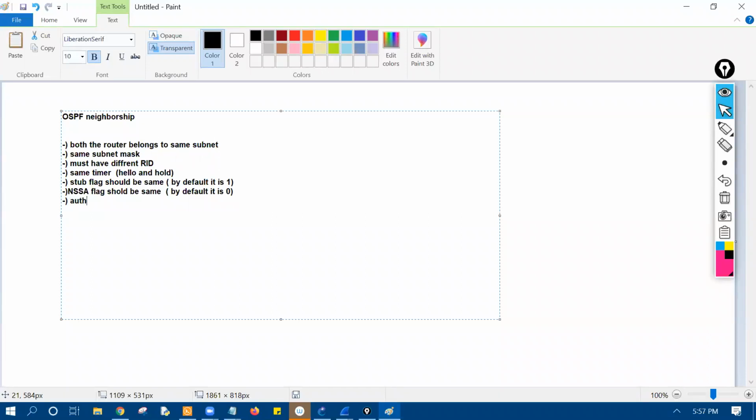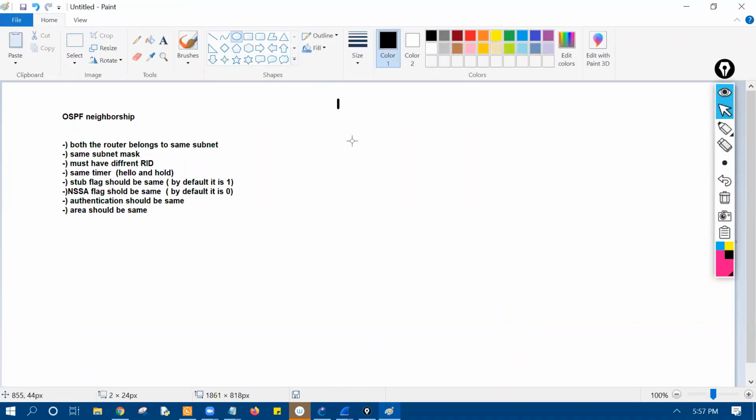Then after that, authentication should be the same. Anything else? Same subnet mask, same router ID, same area. These are the neighborship criteria. It means that when R1 is going to form the neighborship with R2,